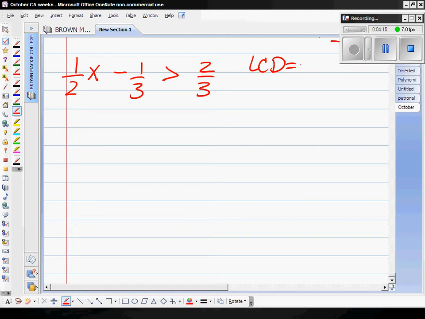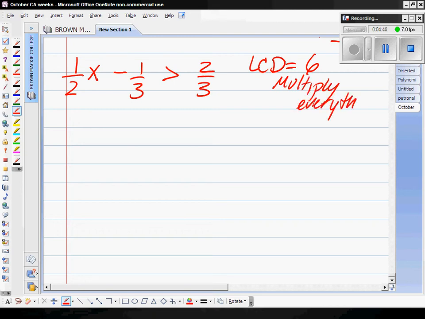Well, what's our LCD in this case? Well, you can do one of two ways. You can multiply the two denominators, 2 times 3, which will give you 6, or you can see the lowest number they both multiply to, which is 6. So now that the LCD is 6, we multiply